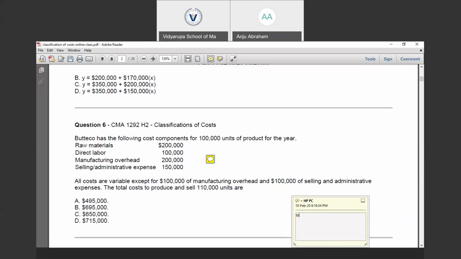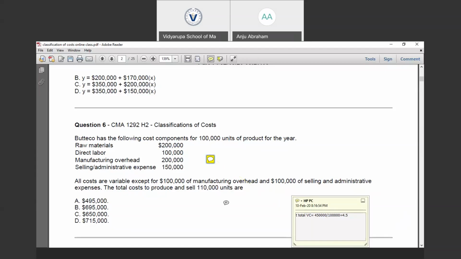So the total variable cost for these 100,000 units is 450,000, so for one unit, it is going to be 4.5.